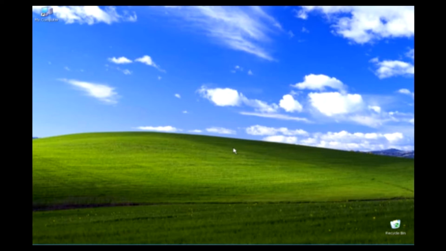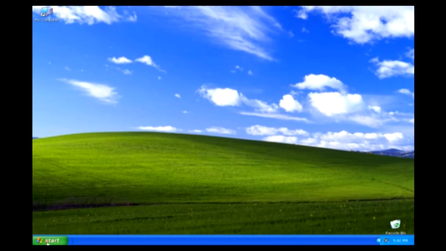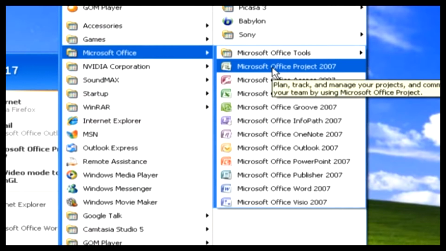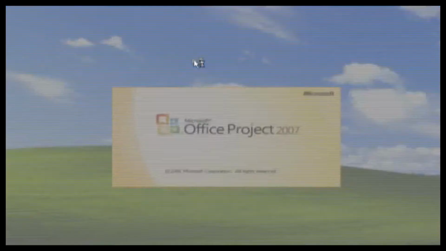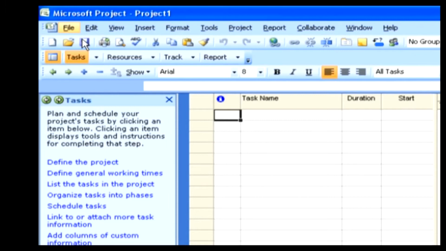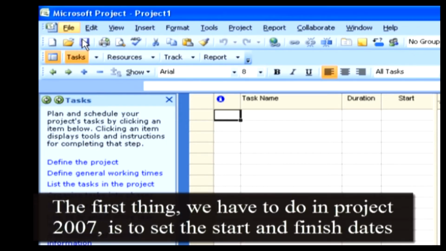Without waiting, let's open Project 2007. Click on Start, select All Programs, click on Microsoft Office, and then select Microsoft Office Project 2007. Now we have Project 2007 open. We can directly open a new project by clicking on File and then clicking on New. But starting dates and finishing dates will not be correct when we do it this way. To be very clear, the very first thing we have to do in Project 2007 is to set the start